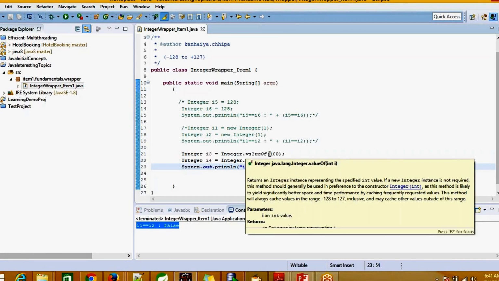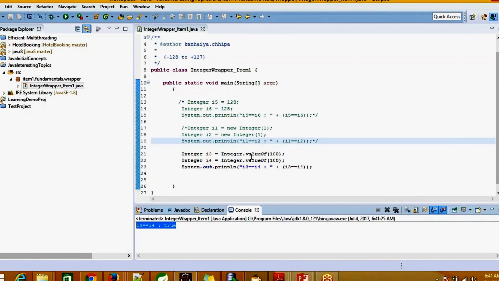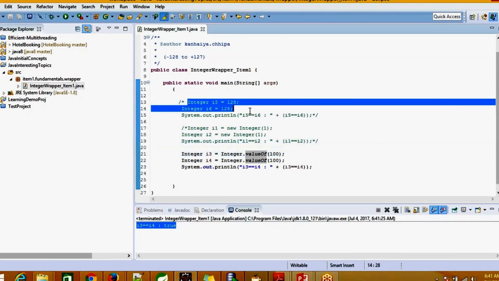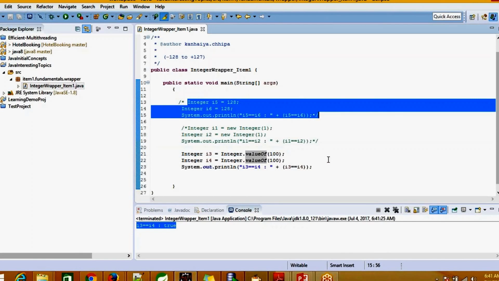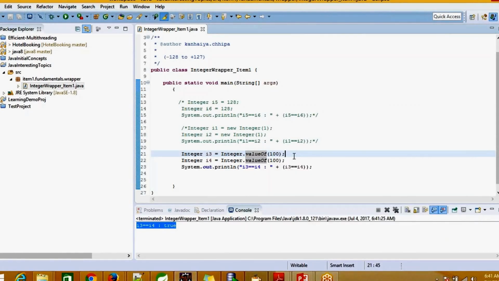I have created the same integer object with the value 100 and 100 using the valueOf method, and we are going to see what happens when we execute this program. So it's true, right? This one is behaving like the first part we have discussed. In other words, caching is being performed over here. So you must use the valueOf method when you try to create an object of the integer wrapper class.